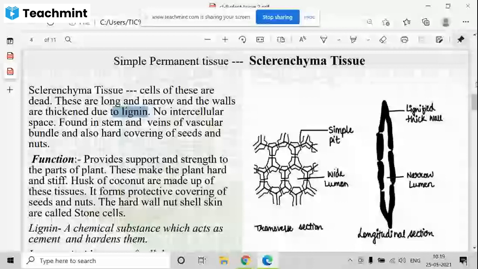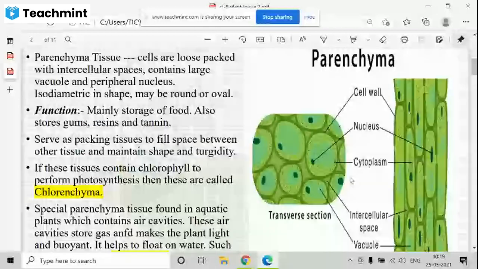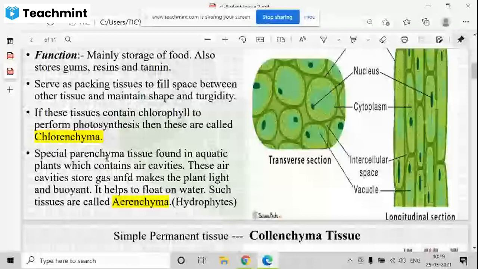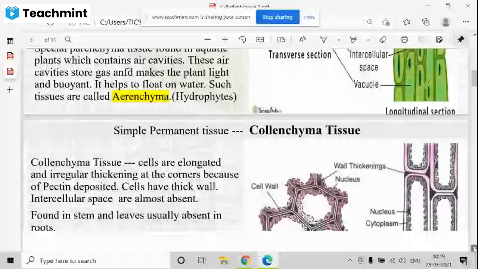Yes. Number one is your parenchyma. Okay. Storage of food. And mainly they act as packing cells. When I discuss the transverse section of a stem, you will see at the bottom that it will be of parenchyma tissues. Okay. Packing cells. Then they have two types of extra tissues. One is chlorenchyma and this is aerenchyma. Chlorenchyma goes for photosynthesis, aerenchyma goes for air cavities. It helps the plants to float on water.